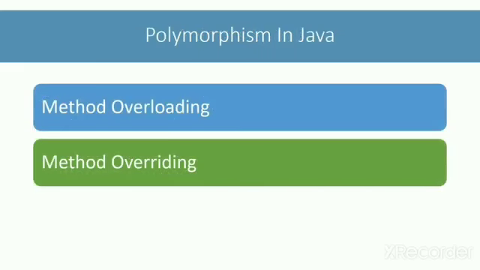In Java, polymorphism is supported through two concepts: method overloading and method overriding. In both of these concepts, there is a function which shows different behaviors depending on its arguments or the object in the class hierarchy which is implementing it. Essentially, like our animal speak example, in programming, you can have the same method performing different things when called through